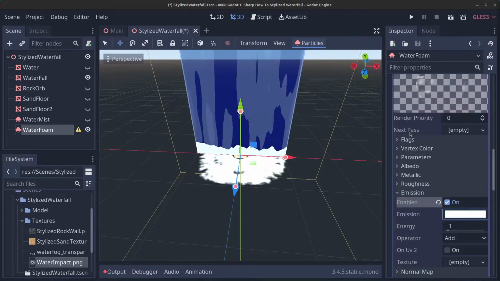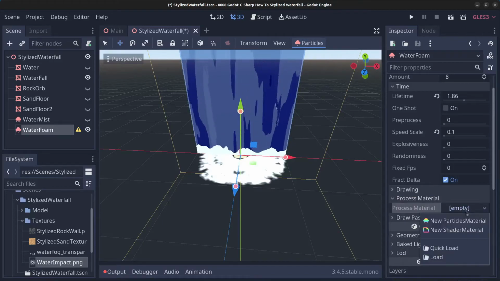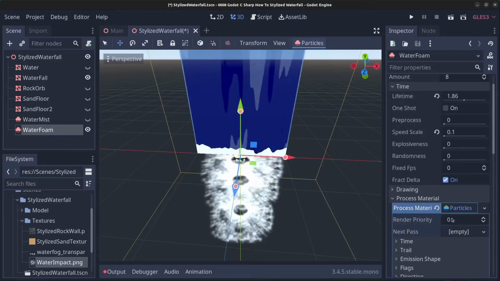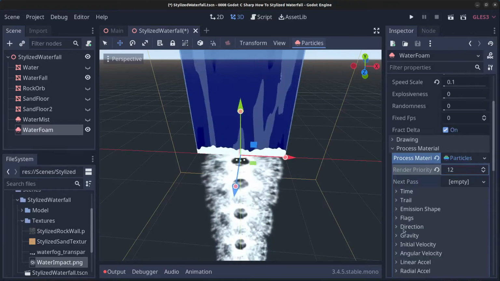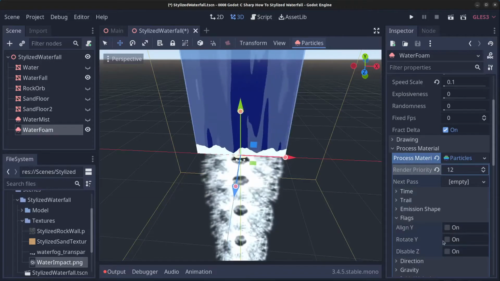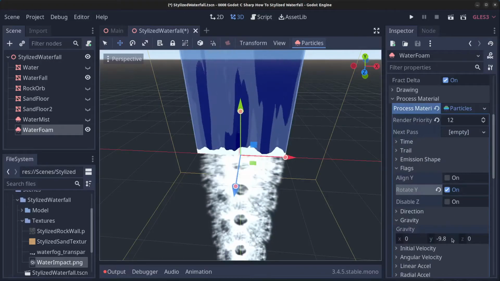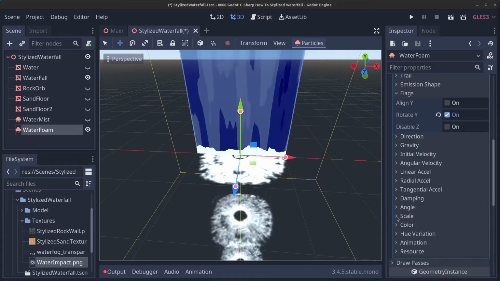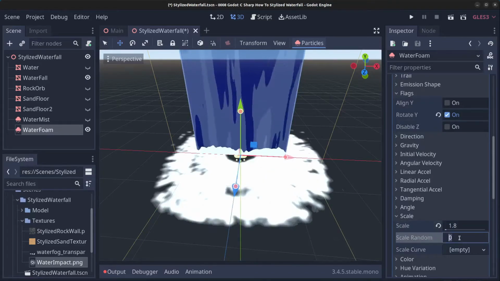Next, let's go up here to the process material in the top, and click here on Empty, and click on New Particles Material. Click here again. We can set the render priority to be 12 here. And on flags here, we're going to take rotate Y. And we're going to disable gravity, so set this to 0. And we can go down here to scale. Set this guy to be 1.8. Randomness